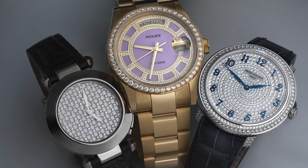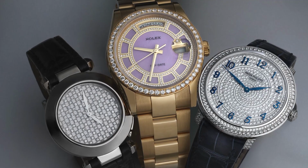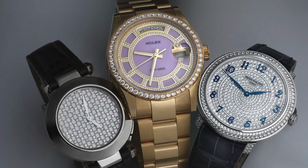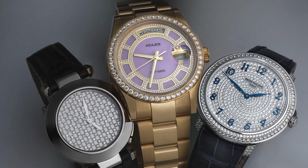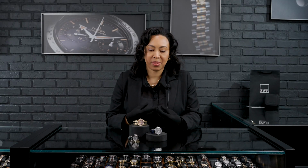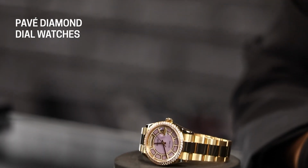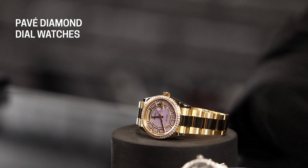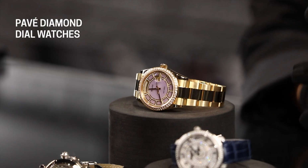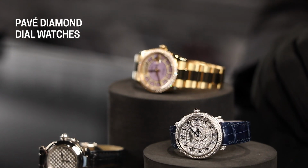This week we are taking a look at 3 of my top picks for Pave dial watches. So Pave is in recognition of the way that the diamonds are essentially paved on a surface. So you really get to appreciate the diamonds that are there. Usually Pave diamonds are prong set. Sometimes you'll have them where they're side by side, and that's more what you would call an invisible setting. Sometimes you'll have channel settings and things of that nature, but typically they're going to be prong set and